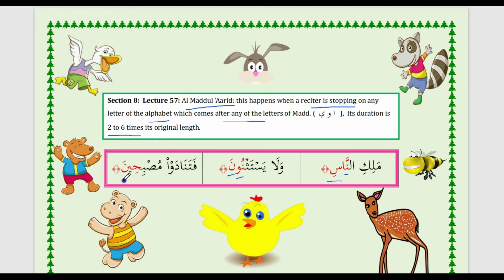And the last one here, the last letter, here again we have noon, and it comes after ya. So we stretch it 2 to 6 times, and the ayah goes فَتَنَادَوْا مُصْبِحِينَ فَتَنَادَوْا مُصْبِحِينَ. And this rule is very, very simple, and it's one of the easiest ones,